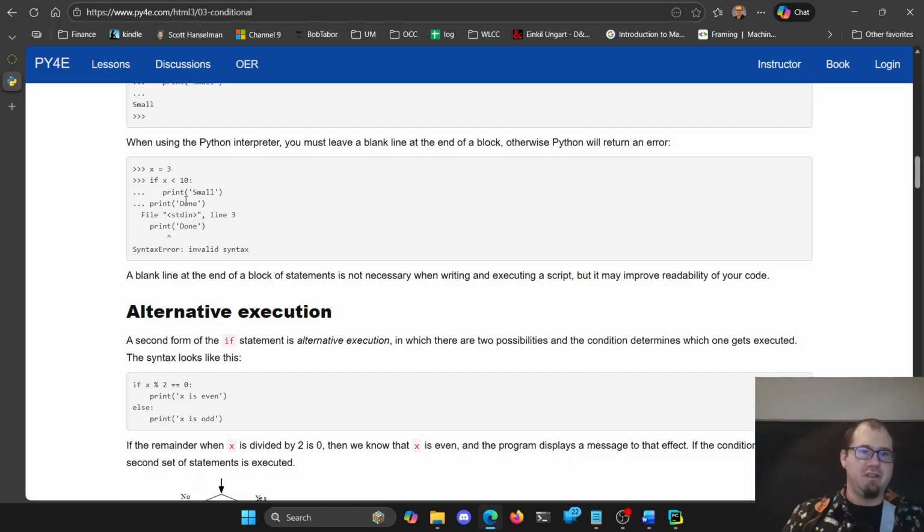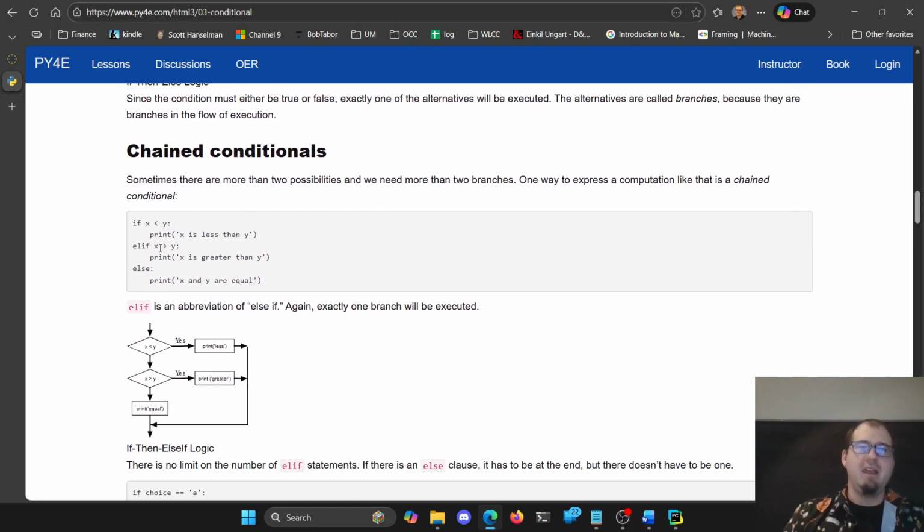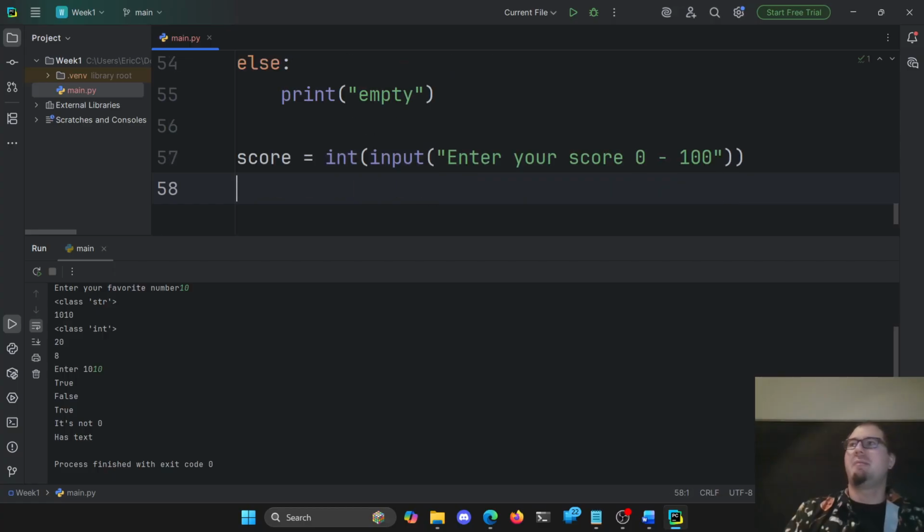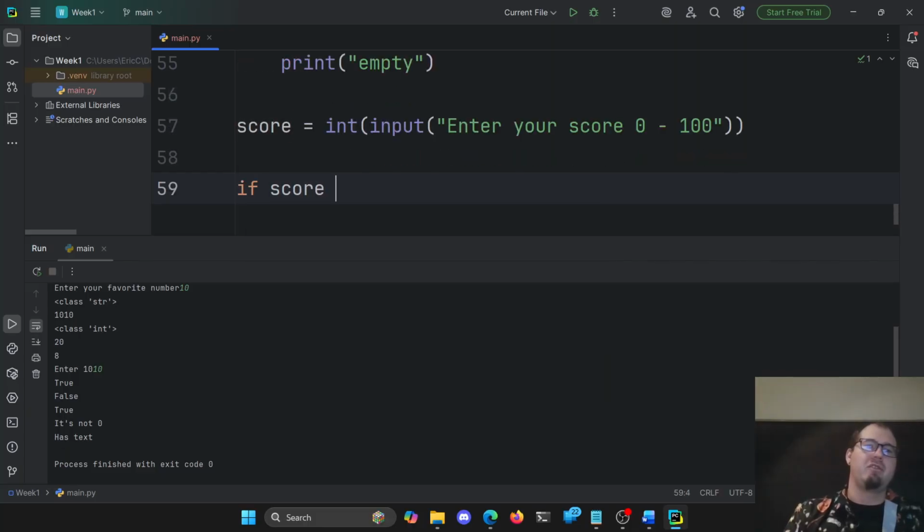Conditionals, those are good. Ifs and elses, great. The fine folks at Python decided typing the word else is too much if you want an else if, so you get elif. Else if, but take out 2 letters here. Congratulations, you've saved two characters of typing. So we'll say score is an int of an input, your score. I'm going to tell you 0 to 100. Usually your prompts should tell the person what they should be entering. If you're asking them to enter something, give them a hint what you want it to look like. Here, you say, hey, if my score is greater than 93,